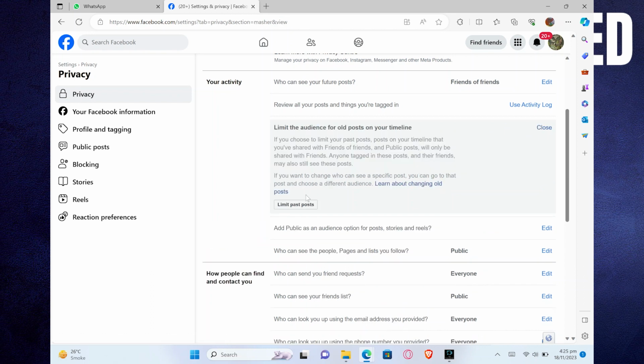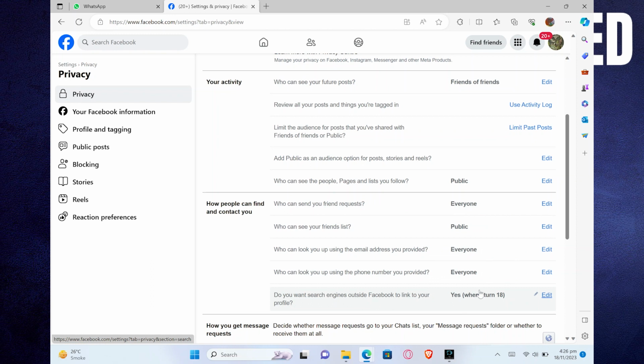Also, you can edit the privacy and limit your audience for posts. So click to limit past posts, which will make your account more private. And you can also set up the privacy of your contact people and choose to make them all private to